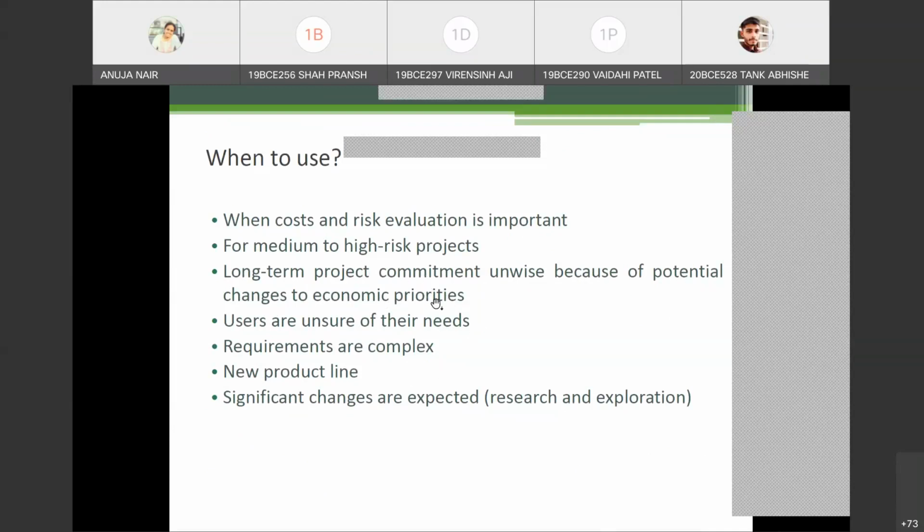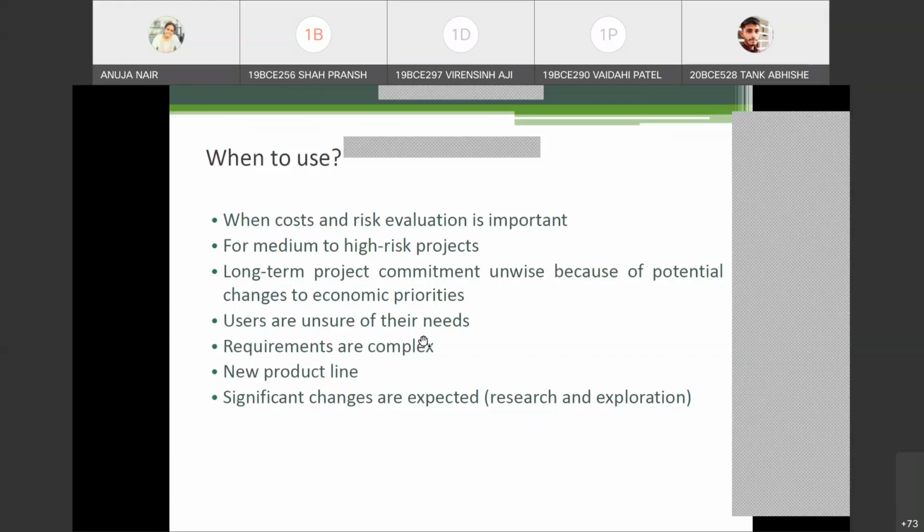It means that it's not required that all your requirements should be well understood. You can keep on changing the requirements because anyway your spiral is moving, right? And of course, it is not going to stop in 1 or 2 iterations. Your spiral keeps on moving for a huge number of iterations because the risk factor is always high. So it will never happen that in 1 or 2 iterations your project is over. It is always going to take a lot of iterations for your project to complete, right?